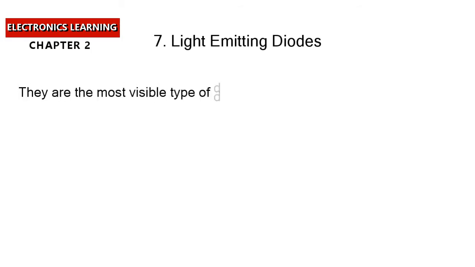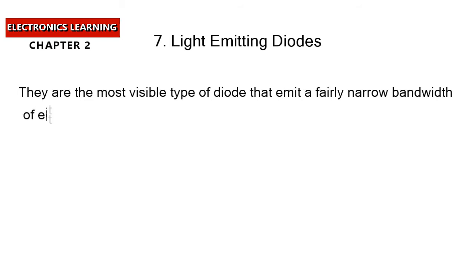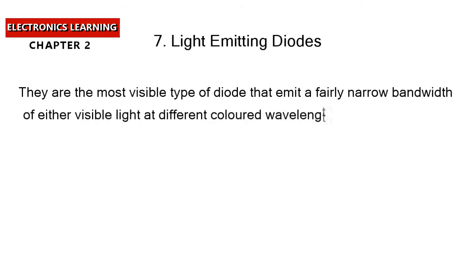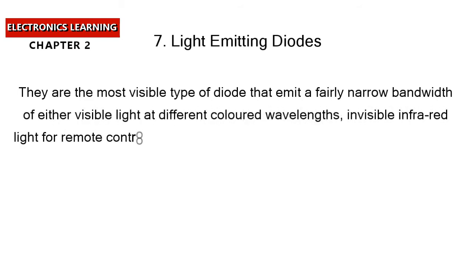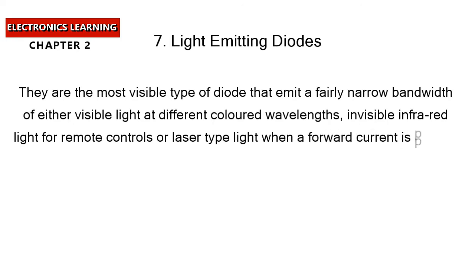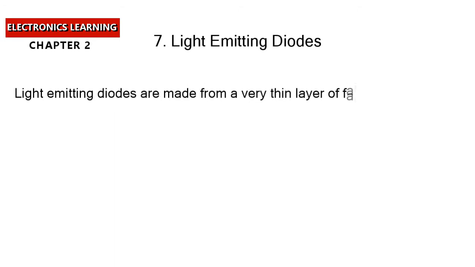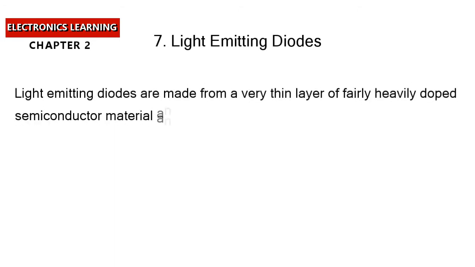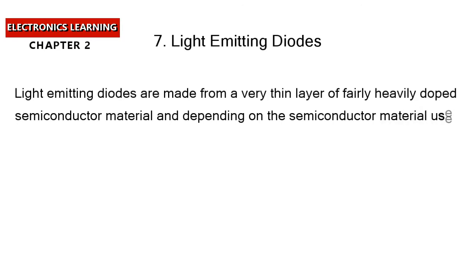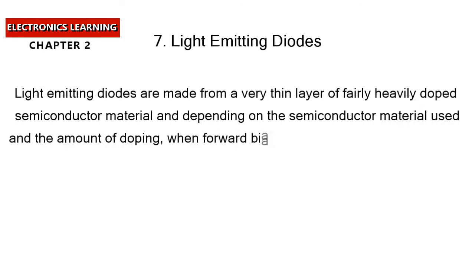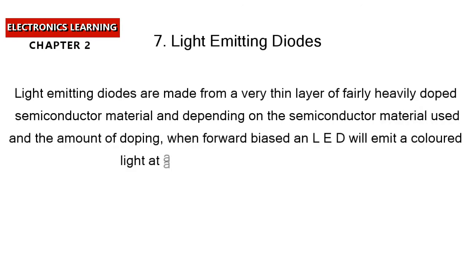Our next topic is light-emitting diodes. They are the most visible type of diode that emit a fairly narrow bandwidth of either visible light at different colored wavelengths, invisible infrared light for remote controls, or laser-type light when a forward current is passed through them. Light-emitting diodes are made from a very thin layer of fairly heavily doped semiconductor material, and depending on the semiconductor material used and the amount of doping, when forward biased, an LED will emit a colored light at a particular